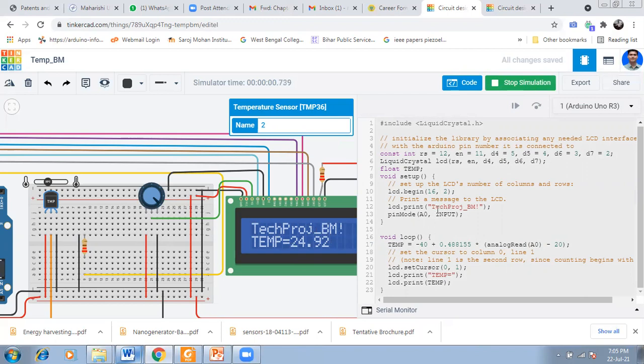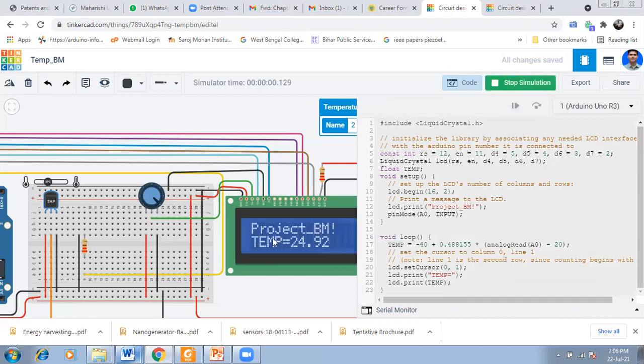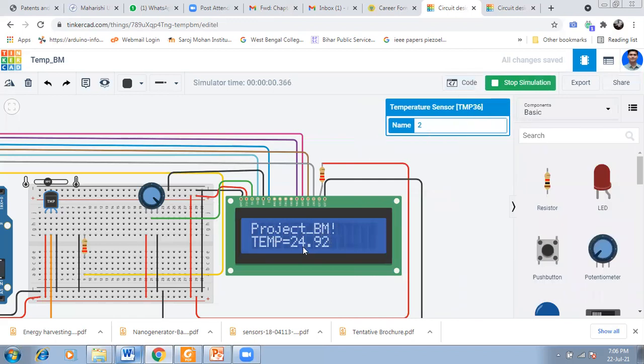Whatever you change here will be displayed here. Okay, so you can write only project. So project underscore BM. Let's run. See, project underscore BM, temp 24.29. If you change it, the temperature automatically changes.